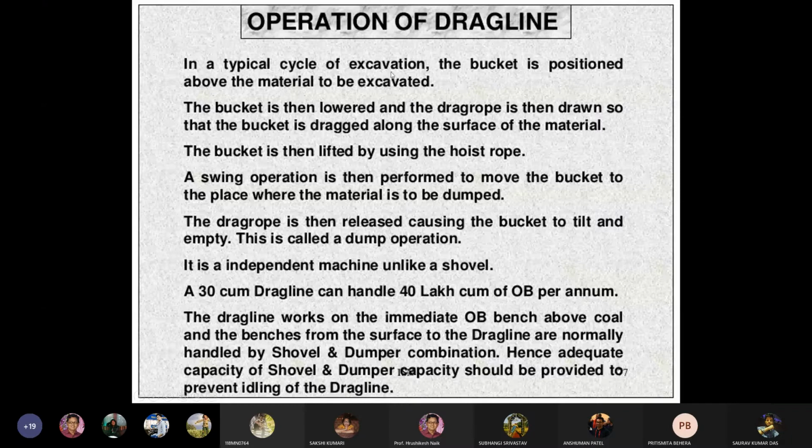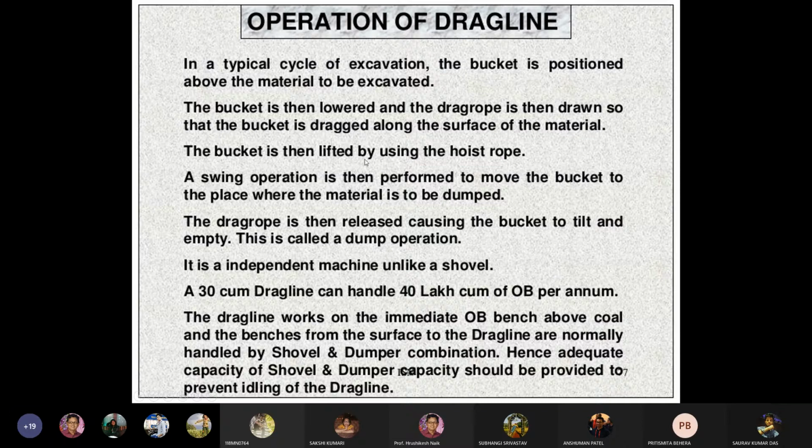In a typical cycle, the bucket is positioned above the material to be excavated. The dragline has to sit on top of the bench which is to be excavated. The bucket is then lowered and the drag rope is drawn so that the bucket is dragged along the surface of the material.